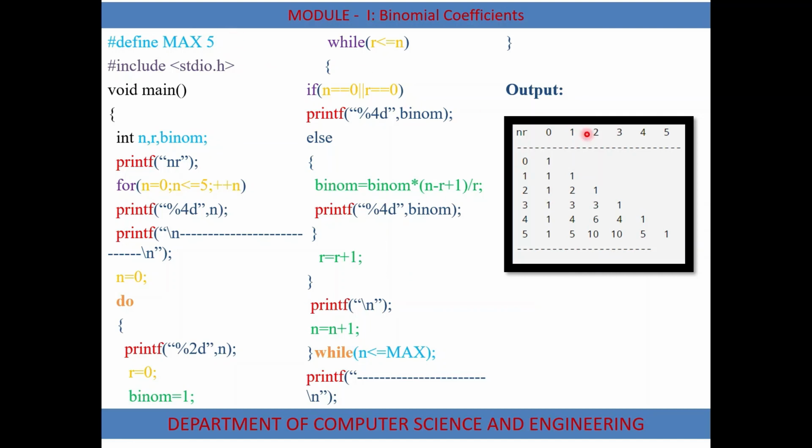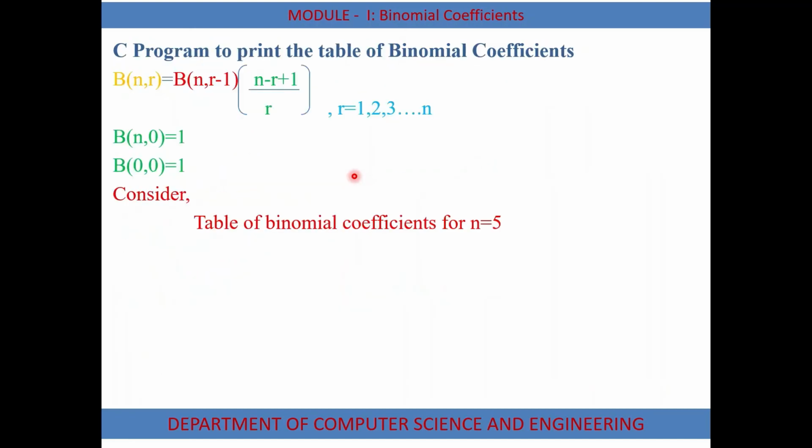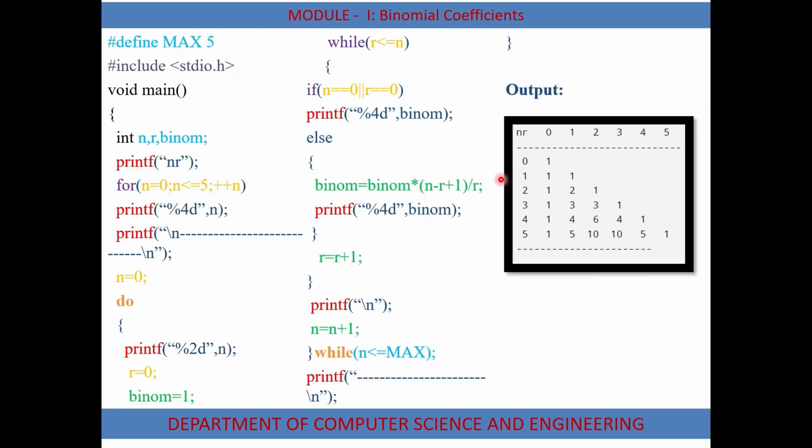If we give 10, it will generate the values up to 10. So here, 5, and again after that till 10. See, observe this table. For nCr, we have used the formula n factorial divided by (n minus r) factorial into r factorial. Apply the same. See what we got here: 5C2, so what we got here is 10. See this, 5 is the n value, and the r value. At their intersection, which value are we getting? 10.